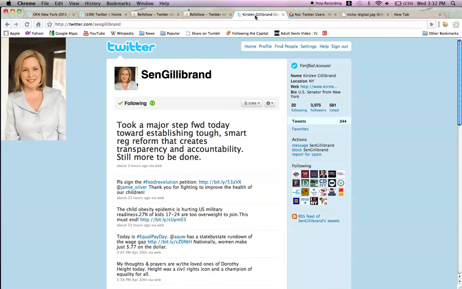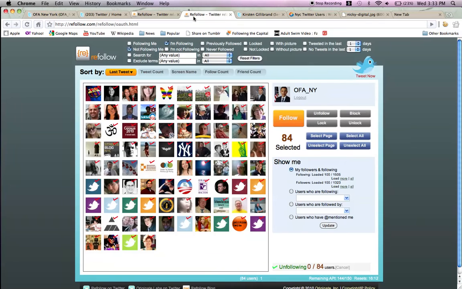For example, we have Kirsten Gillibrand here. She has almost 4,000 followers, and she's actually doing a really good job of increasing her followers. So there are almost 4 times as many people following her than are following OFA New York, and we want to assume that they're not following us just because they don't know about us, rather than some sort of active dislike. So what we want to do is take Senator Gillibrand's name, go back to Refollow,